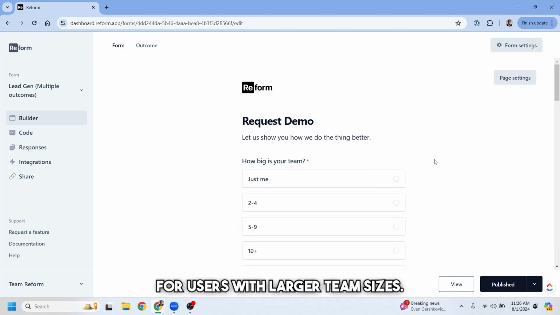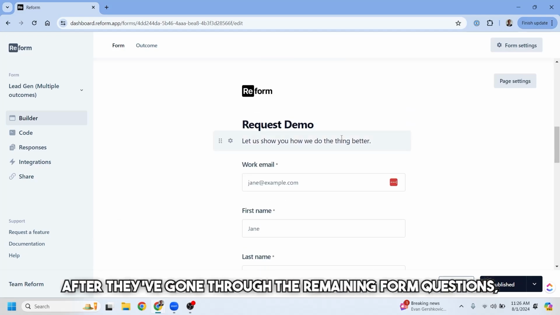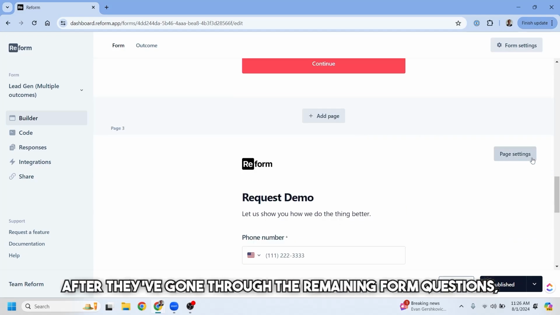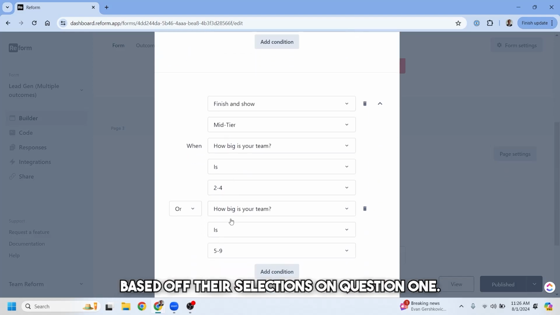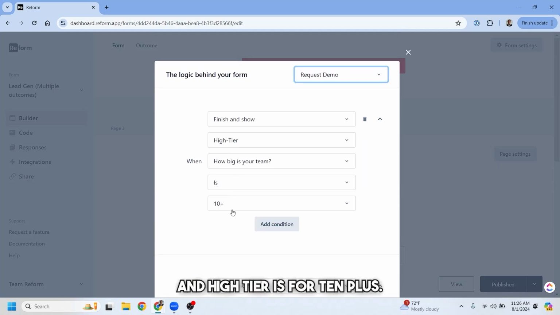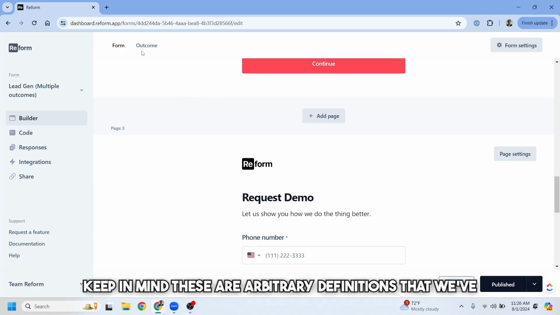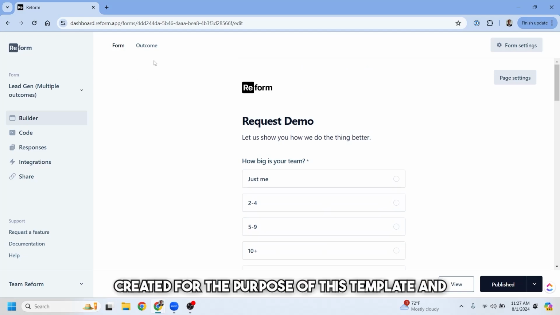For users with larger team sizes, after they've gone through the remaining form questions, we then redirect them to the appropriate outcome based off their selections on question 1. In this case, mid-tier is for the mid-size teams, and high tier is for 10 plus. Keep in mind these are arbitrary definitions that we've created for the purpose of this template, and please repurpose them